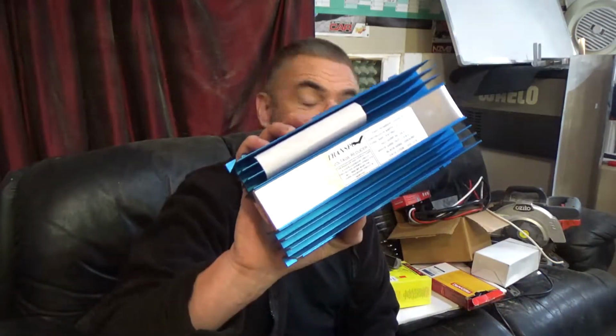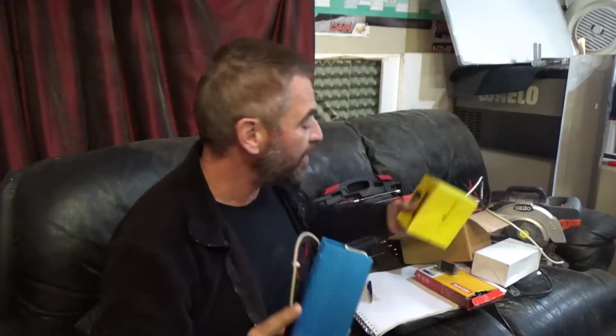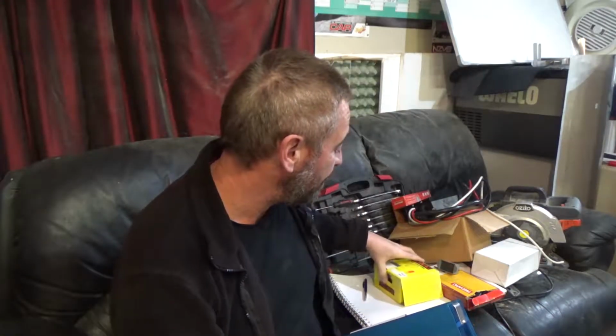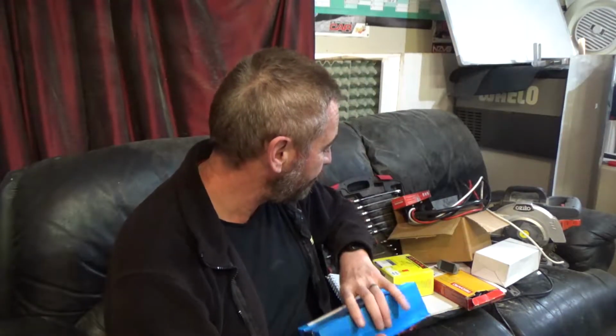24 volt system. So perhaps the best way to run something like that, which has a very high startup current for a brief period and then backs off, would be to actually run it off a little 12 volt battery, and it doesn't need to be a very big battery, and run that off of this. I've got a handful of these are smaller ones. I've got smaller ones, I've got bigger ones, and I've got even bigger ones. I'm not sure how many I need or where I'm actually going to put them, but